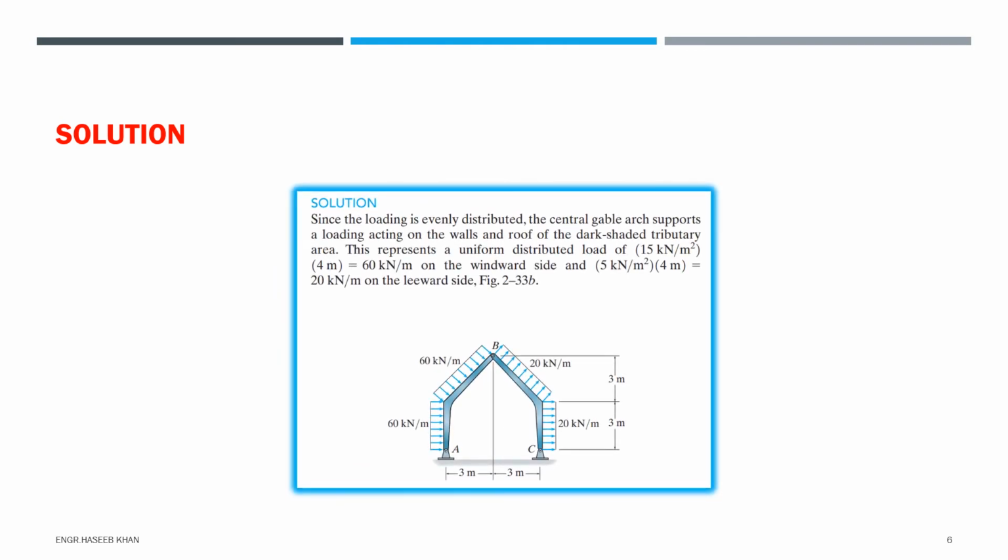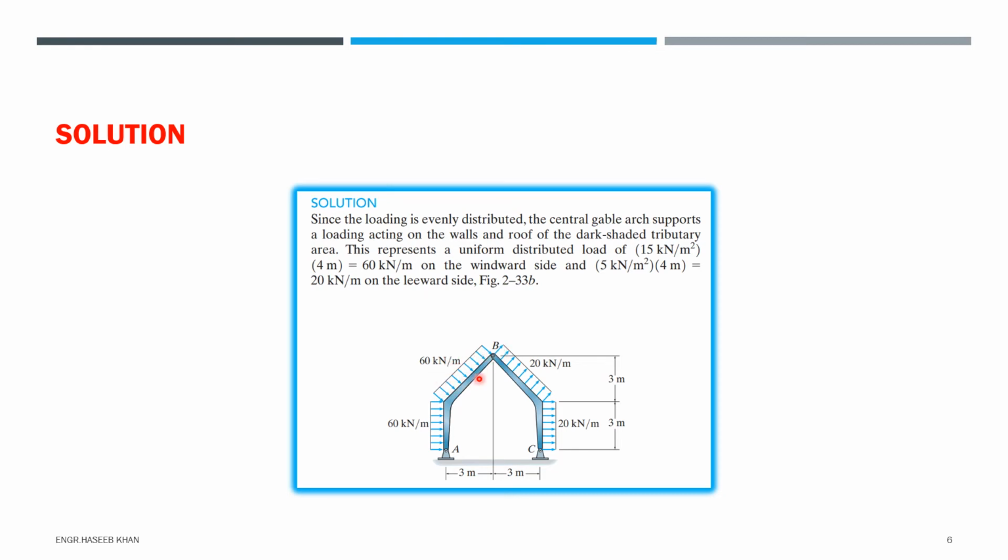Here we have converted our frame to a 2D frame. As we have seen, the load was acting on the 4-meter side of the gable arch, so we multiplied the wind force, 15 kilonewton per meter square, by 4, which is the side width of the gable frame. So 60 kilonewton per meter is acting from this point A to this joint,